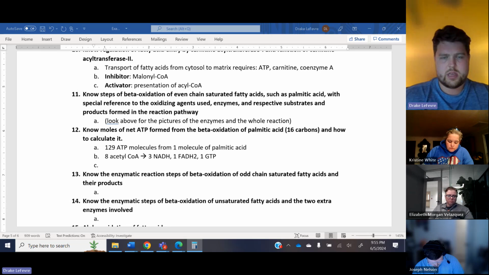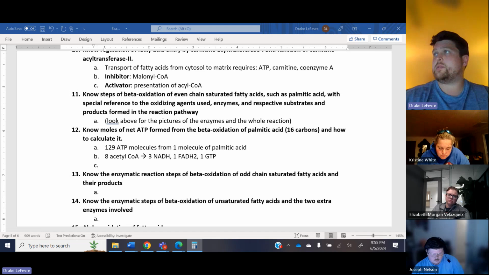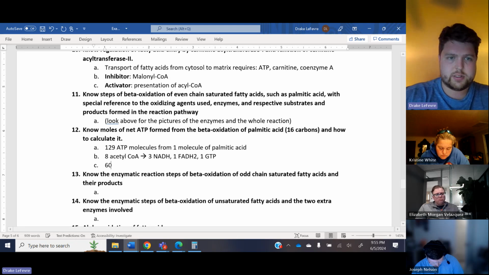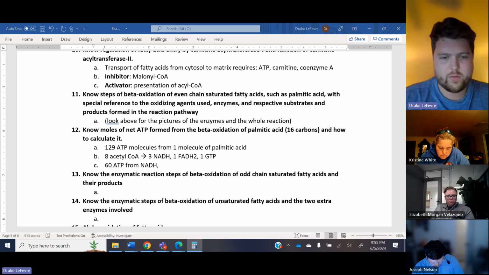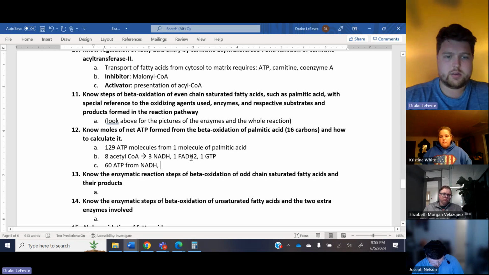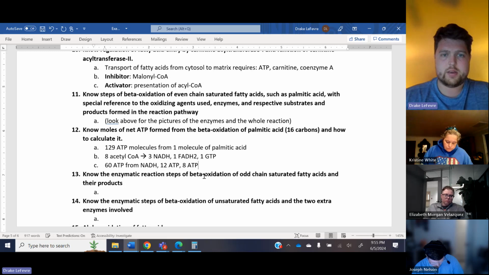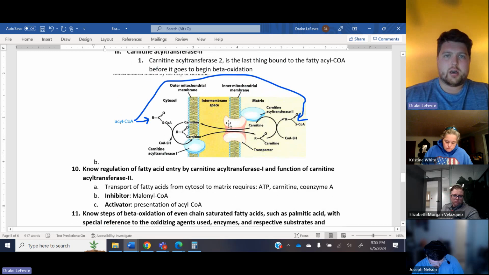We have, what was it, 2.5 for NADH and 1.5 for FADH2. 2.5 times 3 gives us 7.5, times 8 gives us 60. So 60 ATP from NADH. And then it's 1.5 multiplied by the 1, multiplied by 8. We get 12 ATP from there, another 8 ATP from the GTP, and then we also have production of,